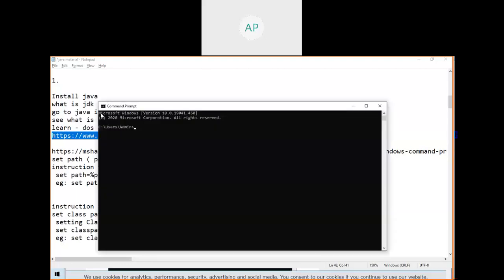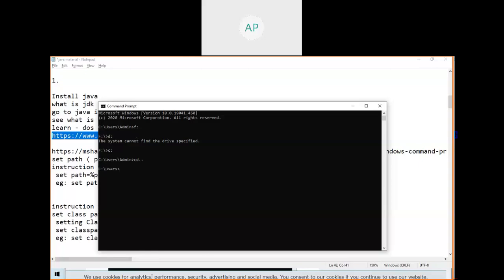Change directory, cd. So these are Windows commands. If I want to go to F colon, type f colon. Now you are in F colon. Suppose I want to go to D colon: the system cannot find the drive specified. Go to C. See here, cd dot dot. What is cd dot dot? It goes one folder below. Now it is pointing to the Users admin folder.